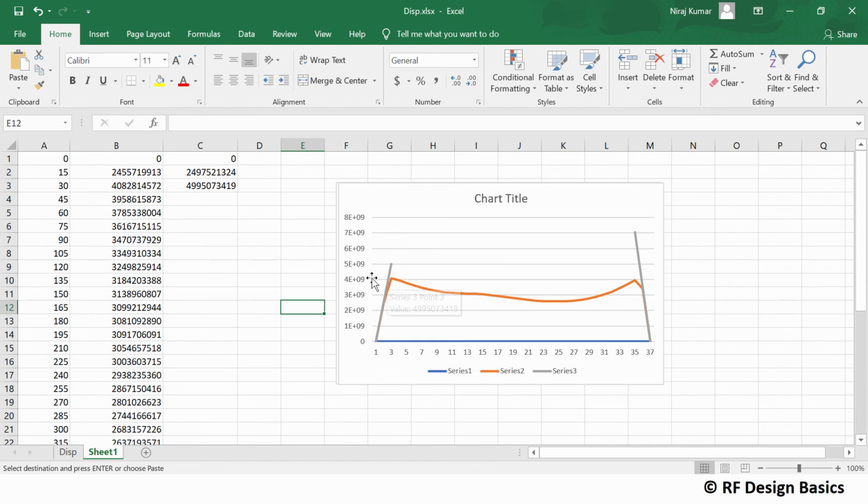Light line we use for seeing when the dispersion starts, at which frequency the dispersion starts. So if it is deviating from the light line, we can consider that as a dispersion. If you have more than one mode, you can find the band gap here for electromagnetic band gap structure or any other structure of periodic nature.